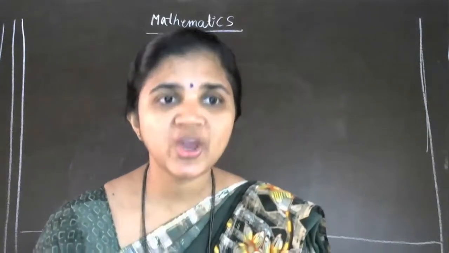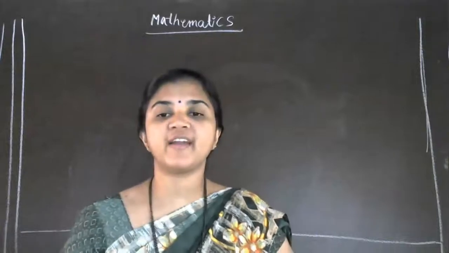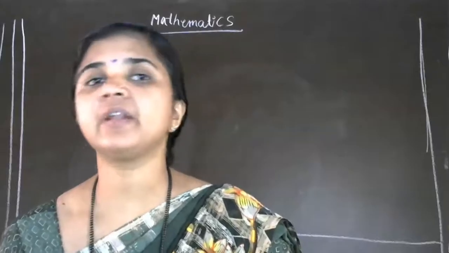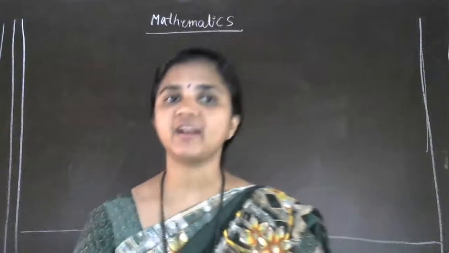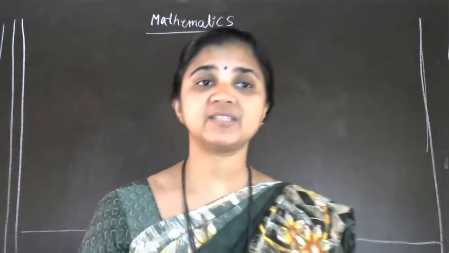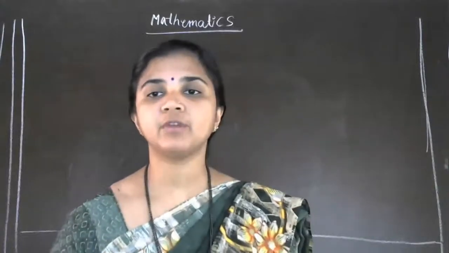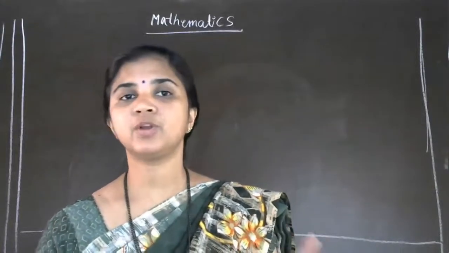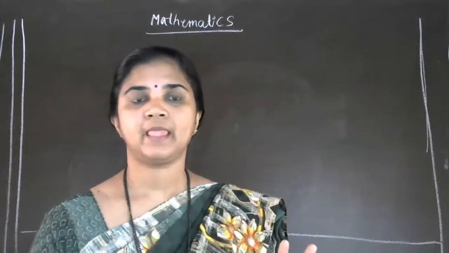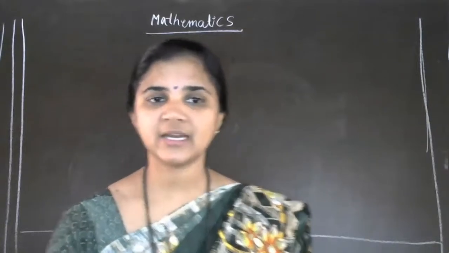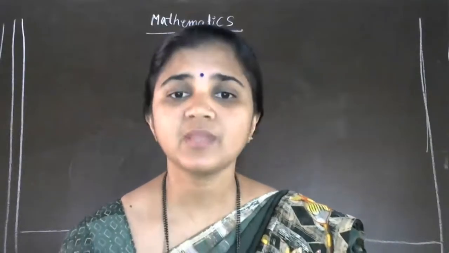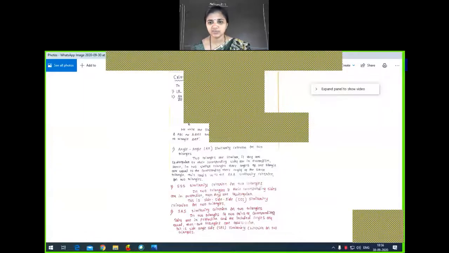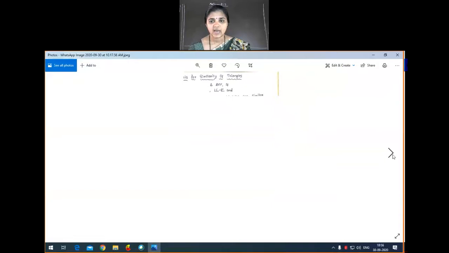Do you have any confusion in the criteria of similarity of triangles? No, everything is clear. If anybody is having a doubt, send me a message quickly. Otherwise, we'll start today's theorem, because for theorem discussion we need a long time. No one is having a doubt; I'm not getting any message. Then we can continue. First we will look at the theorem on the screen, then we'll use the board. Clear?